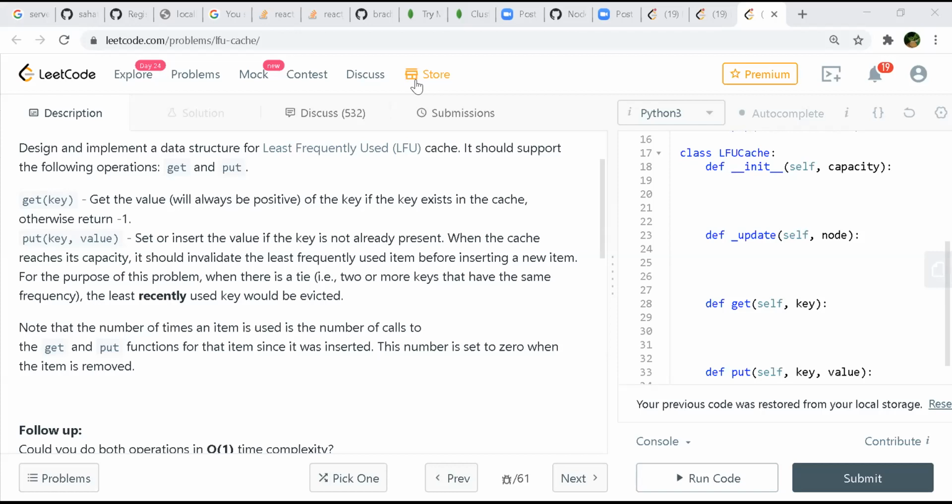There are many small data structures coming in. I think we'll need a doubly linked list, something like that, to access the least frequent element in O of one at least. But the map you will otherwise have to maintain for frequency.